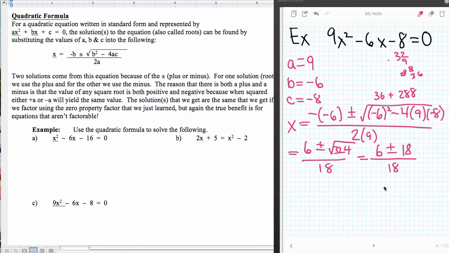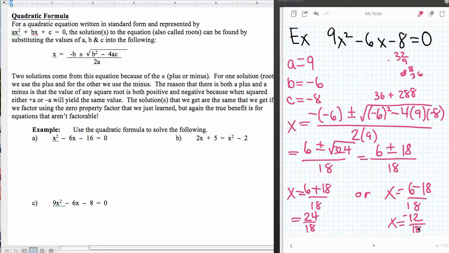Now the thing that you need to remember is there's no canceling. We have therefore that x is either equal to 6 plus 18, all divided by 18, or the other option, x is equal to 6 minus 18, all over 18. And so 6 plus 18 gives us 24, and those are 24 eighteenths. And here x is equal to negative 12 eighteenths, and then we would reduce those. I'm going to run out of time, but reduce them, and so we